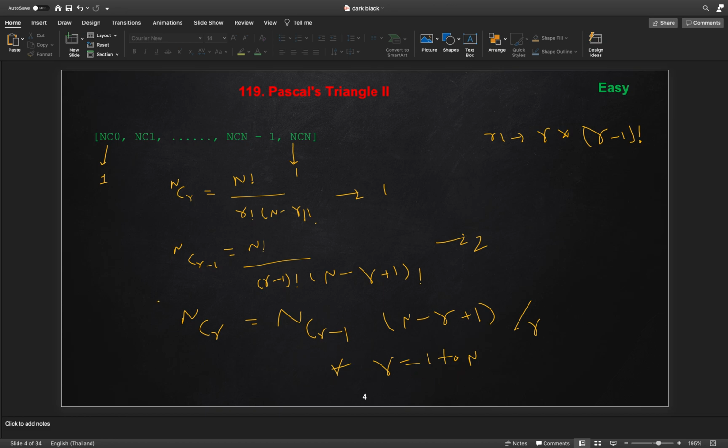So this is the formula. If we know the previous term, we can calculate the next term. So the first term, we initialize nC0 with 1.